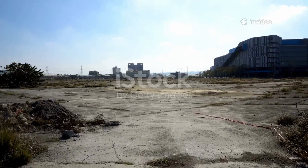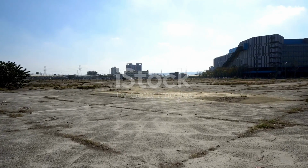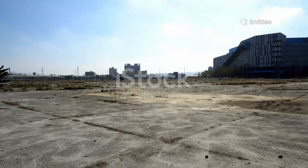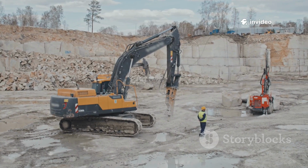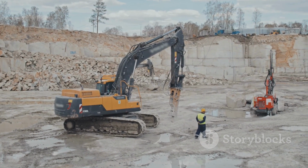Some see an empty lot, just grass and weeds, a forgotten patch of land blending into the background of the neighborhood. It's easy to overlook, to pass by without a second thought, imagining nothing more than a field waiting for the next season's growth. But for a construction crew, it's a blank canvas ready for transformation. Where others see emptiness, they see potential, a place where dreams will soon take shape, and a new chapter for